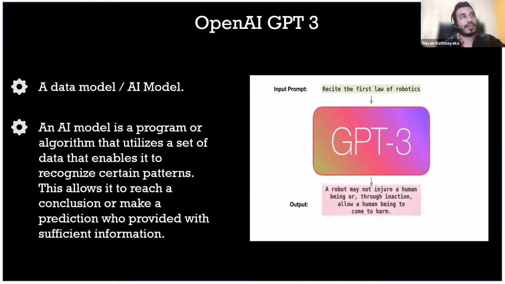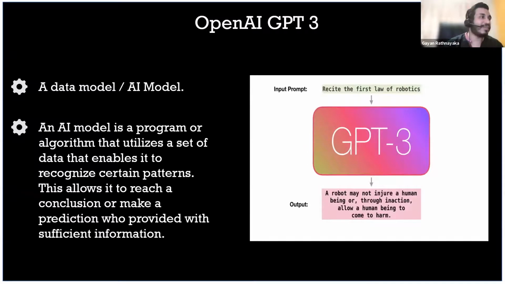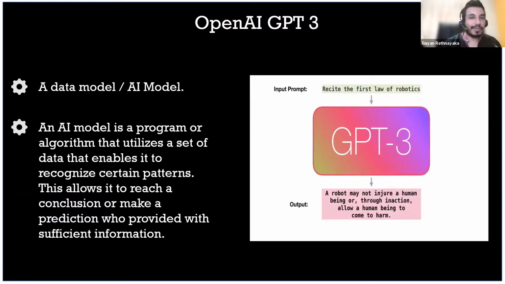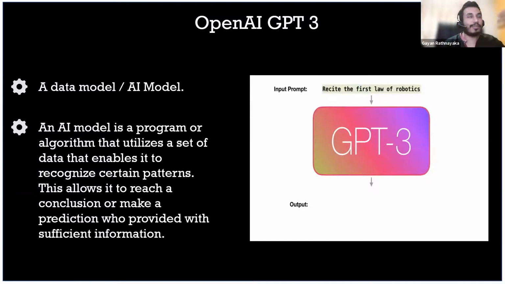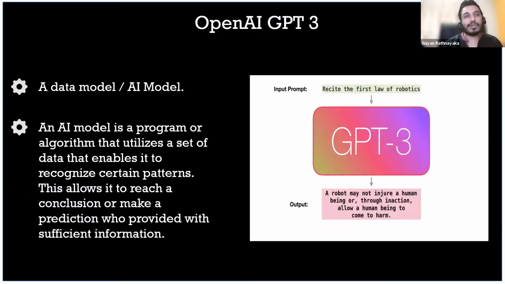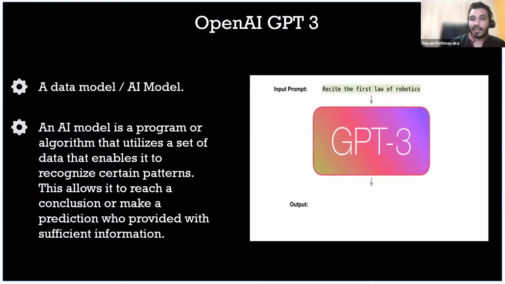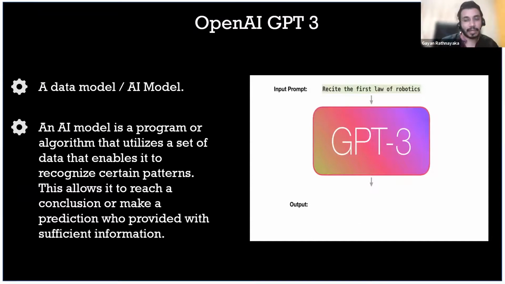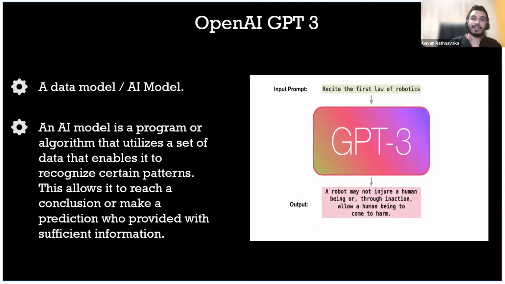If I ask a question of a human, they understand it is a question from the way I speak, from my accent, from the language, because a person knows the language we speak. But when it comes to AI, it should know that we are asking a question, recite the first law of robotics.